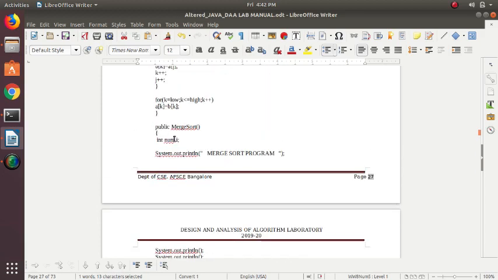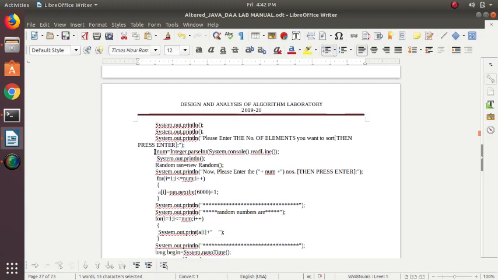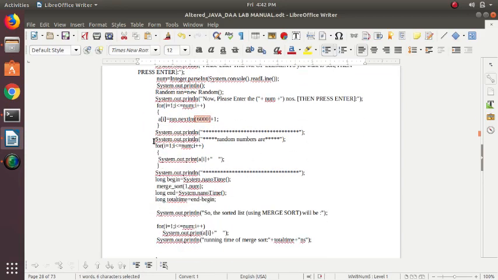You can see here the main function. You have: please enter the number of elements you want to enter. Then if you give a number, for example 2500 or 3000, it will call the random number generator function. It will generate 2000 or 2500, whatever number you give, of different numbers, and the range will be between 0 to 6000. So you will print random numbers by using this for loop,